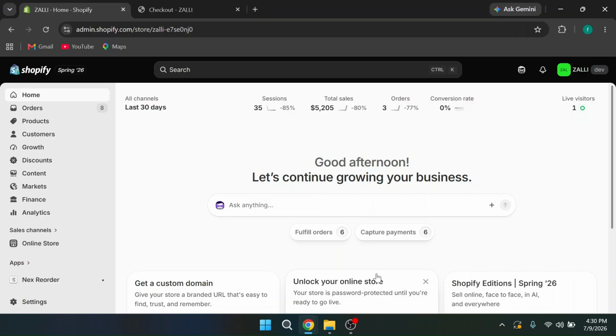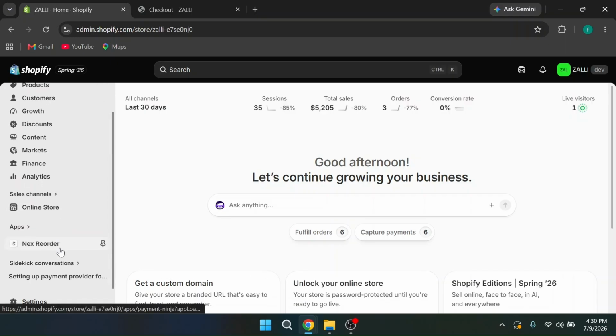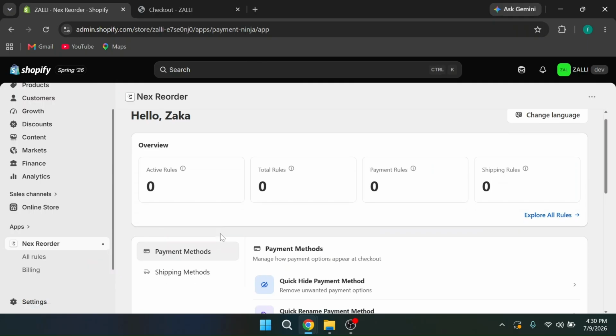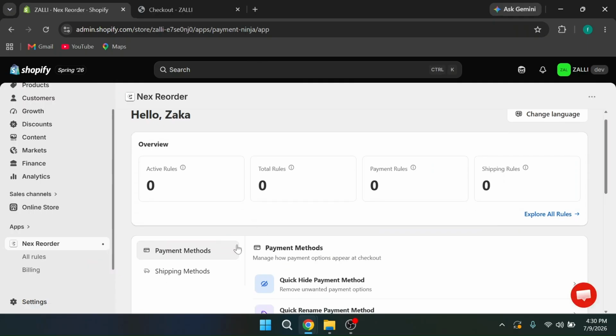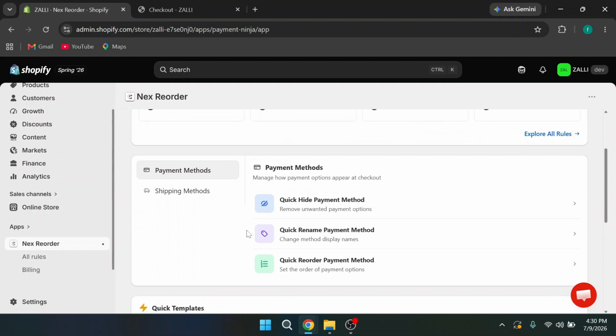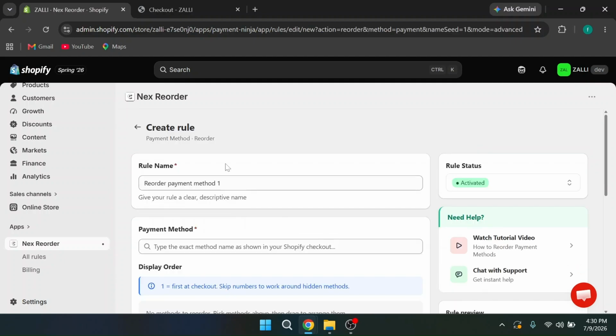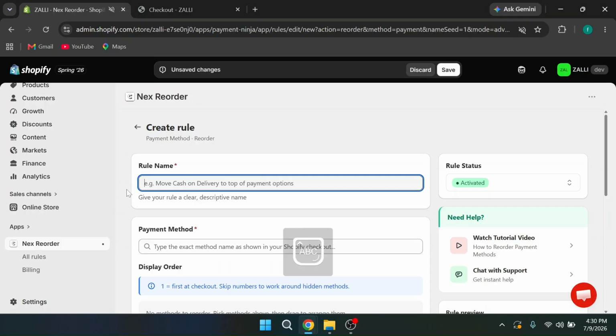Let's get started. First, we can go to the app section. Here we can choose the Next Reorder app. So to open the reorder payment method, we can choose the payment method and here click on quick reorder payment method. So to configure the rule, we can give the rule name as